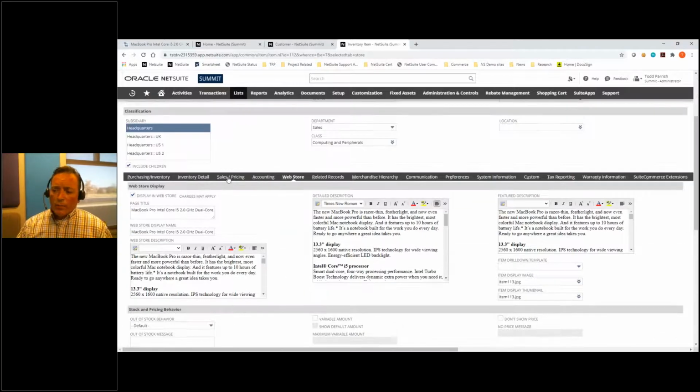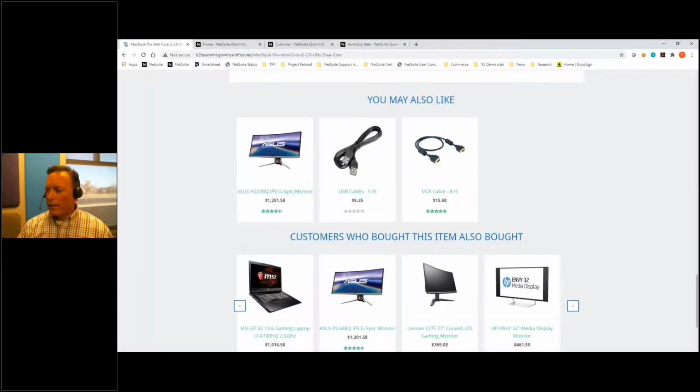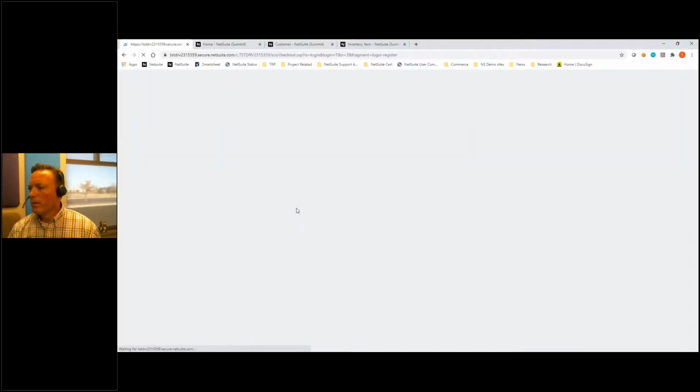And also, the always important pricing. So if I'm coming here looking at this item, I'm looking to see 1386.58, and if I go back to this, I'm seeing 1386.58. And that's because I haven't logged in. So if I log in though,